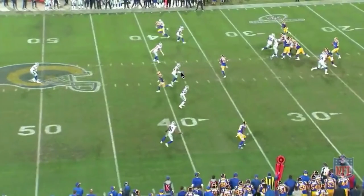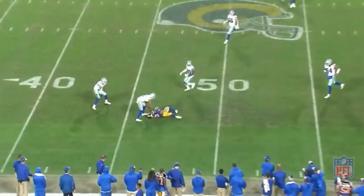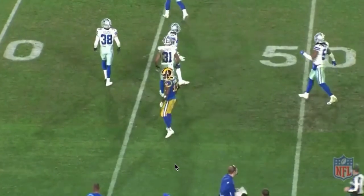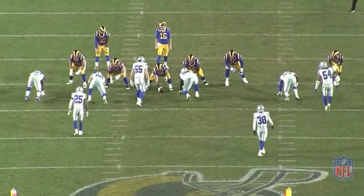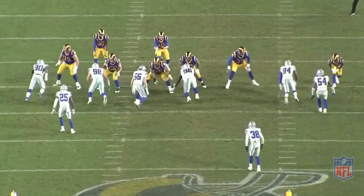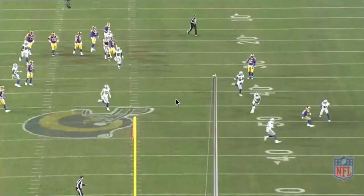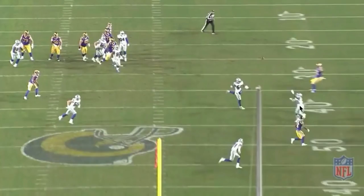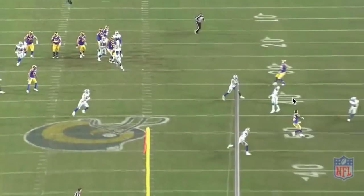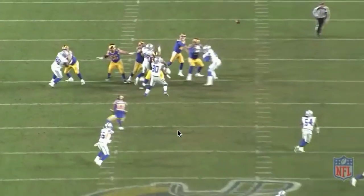Creating space, occupying the short defenders. Plenty of space at the catch point for Cooks. But I was very hesitant to use this as an example because while after watching Rams film, I was confident that Jared Goff could make this throw, I'm not confident that Andy Dalton would be the one to pull the trigger here, because while those underneath concepts got this guy right here to play just shallow enough where he couldn't make a play on this ball, that's still a very, very impressive throw by Goff to get it over his